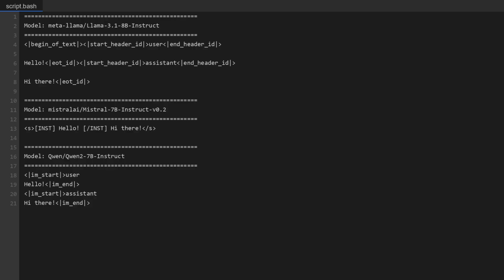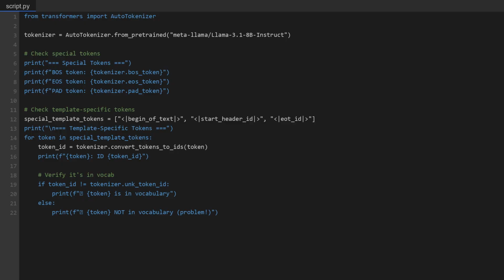This is why mixing templates across models isn't just a style issue, it's a correctness issue. One more diagnostic worth running. Inspect the tokenizer's special token inventory directly. Print the bos_token, eos_token, and pad_token to confirm they're set to the values you expect. Then check whether your template's control tokens, things like im_end_id, are actually in the tokenizer vocabulary by converting them